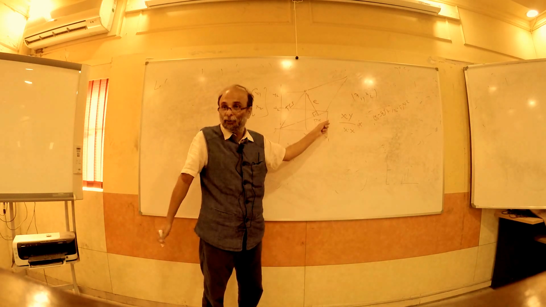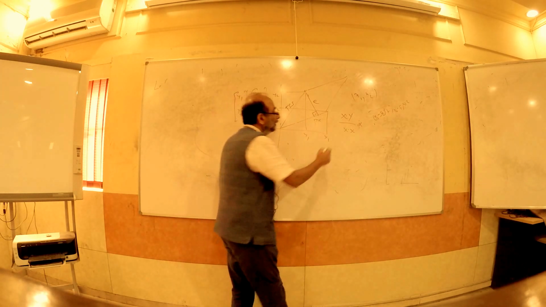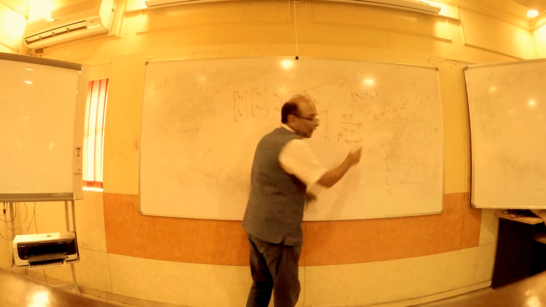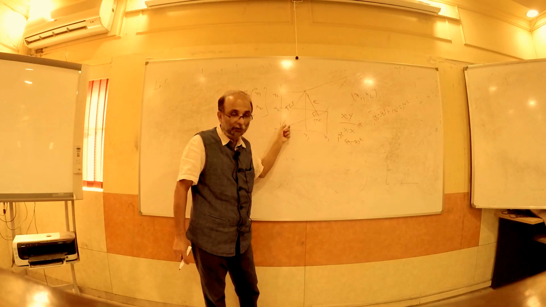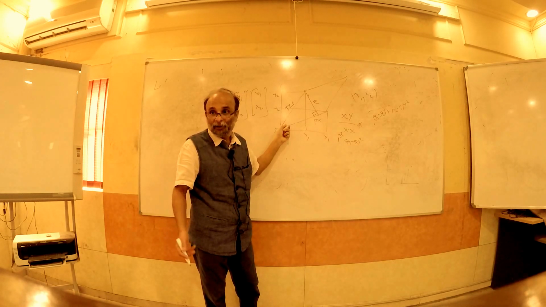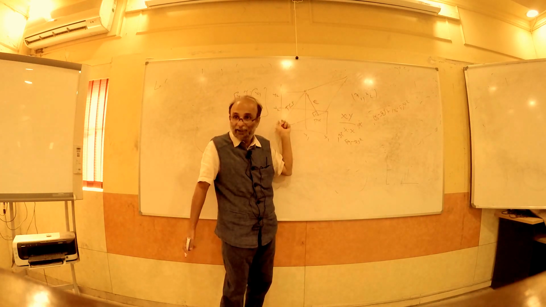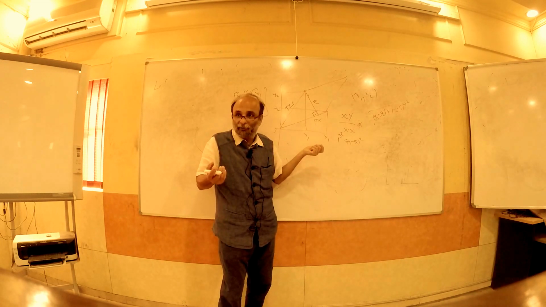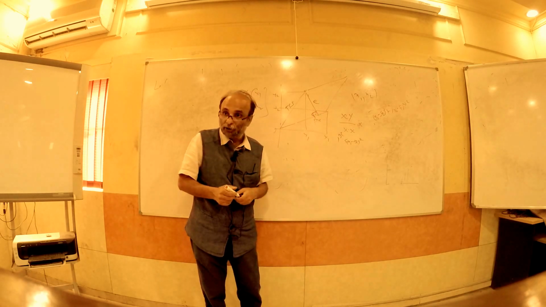What are these? E1, E2. Error sum of squares. And this part will be beta square into summation xi minus x bar square. That is nothing but the explained sum of squares. So total sum of squares becomes RSS plus ESS, and you can derive the R square from that by dividing throughout by TSS. But for which this orthogonality condition is absolutely crucial.